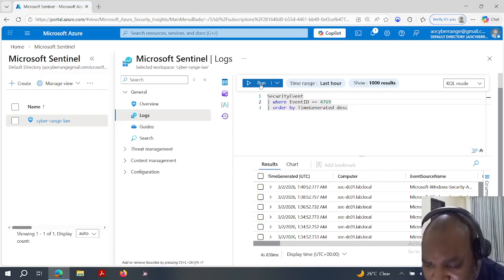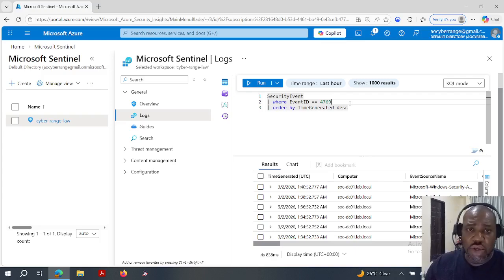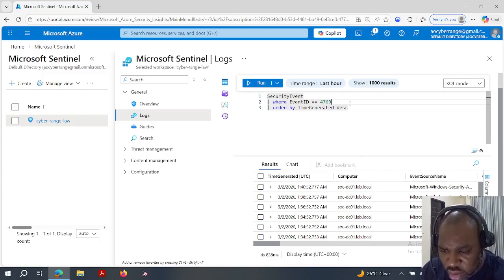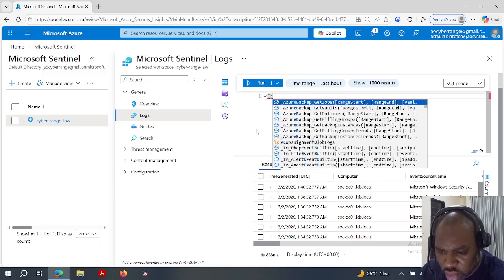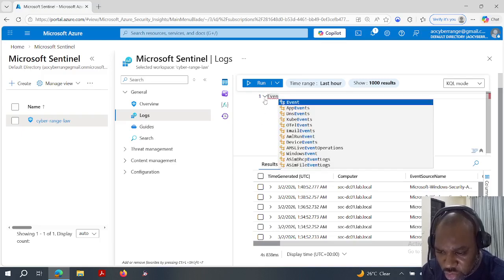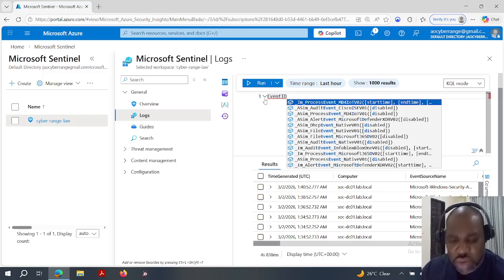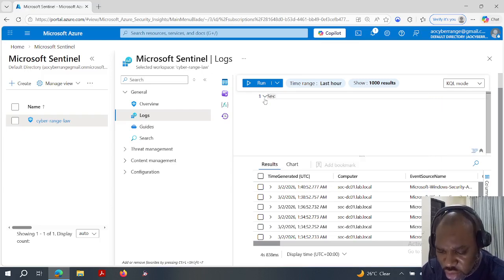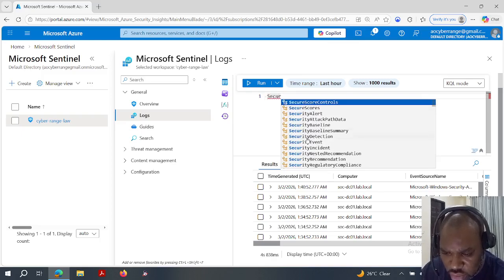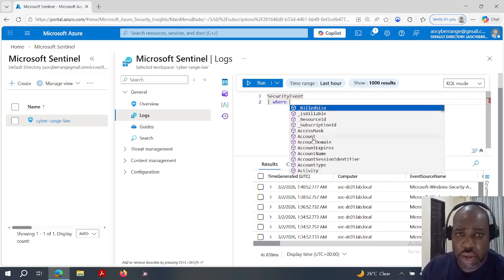Let me just clear this out so it doesn't get confusing. SecurityEvent, where